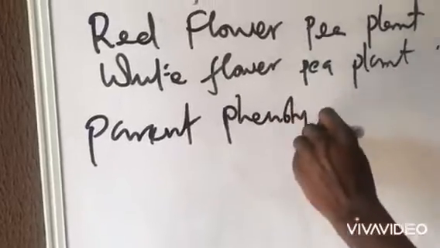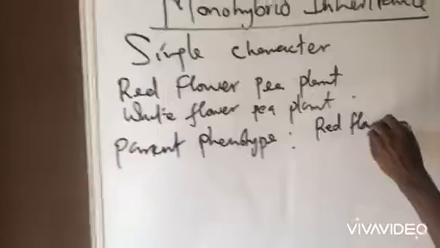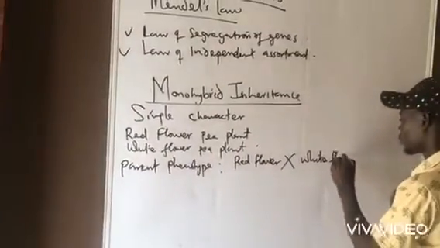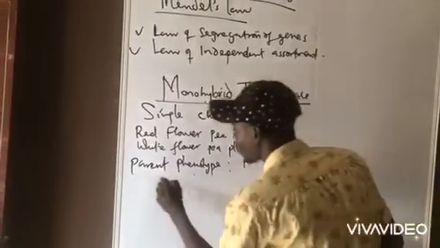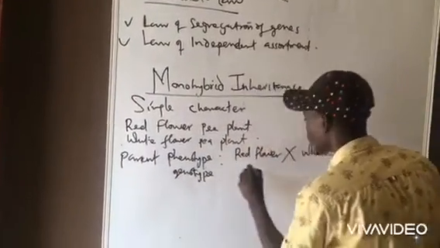phenotype, that is a red flower, and a white flower. And at the end of the day, we have the genotype, which is